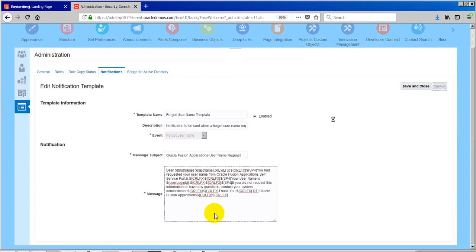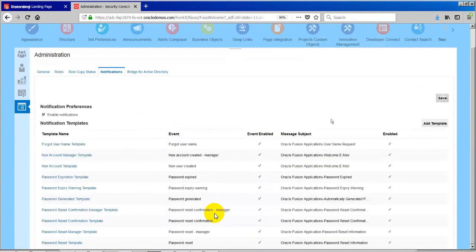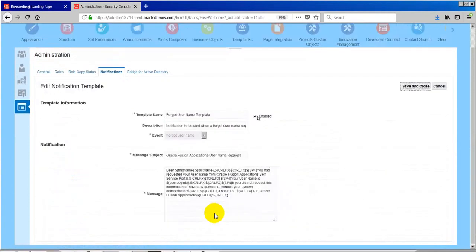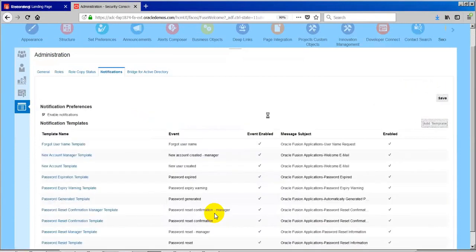Okay, similarly we can create our own notifications. We can add a template. So these are the list of predefined templates basically. If you wanted to create your own template, what you can do is take this template, disable it, and create your own template. Okay, when you add a template,